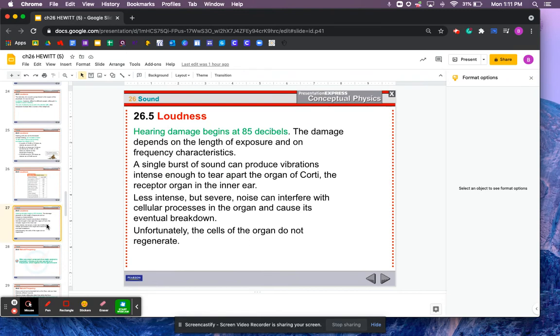But long term, hearing loss is possible. I know you probably heard it when you were little, like, don't listen to really loud music or you're going to lose your hearing. Yes, that is 100% possible. You can lose your hearing, but you would have to be exposed to it for very long periods of time. Maybe if you go to a rock concert once, you probably won't experience any damage. But if you play at a rock concert, if that's your career, then you do need to take care of your ears because that long-term exposure can cause you to have damage.